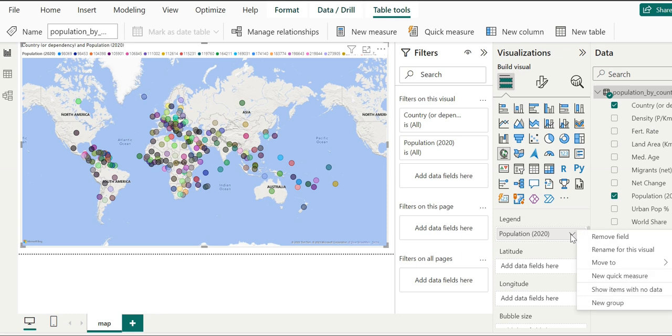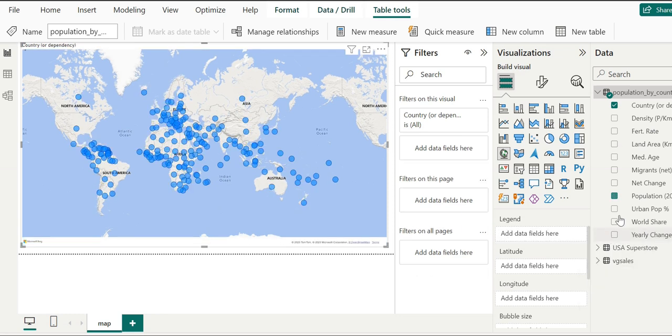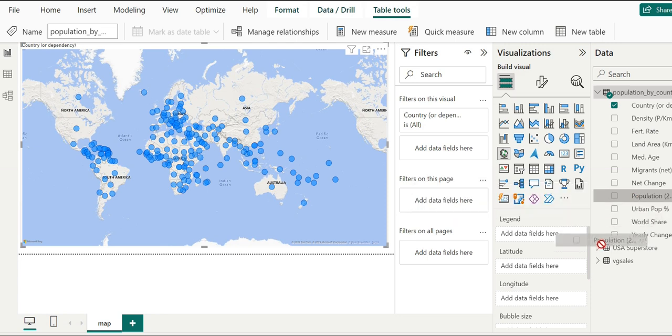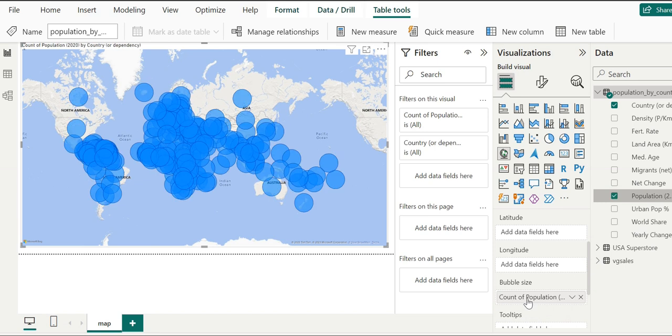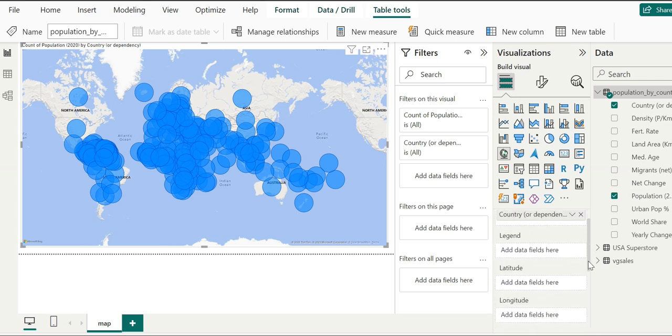What if we remove it from here and put it into the bubble size? We can see the bubble size is giving information, but the previous one was showing better information.